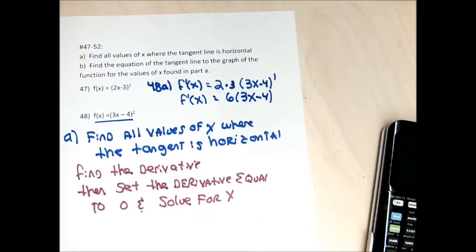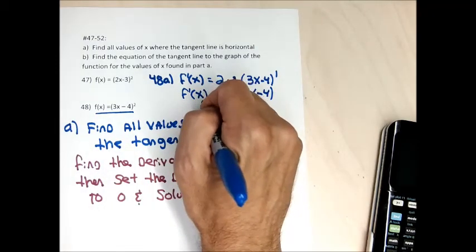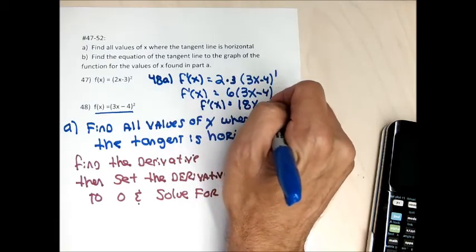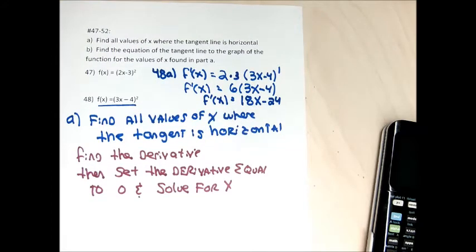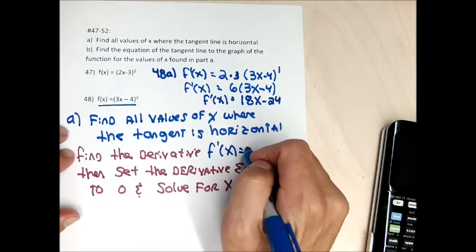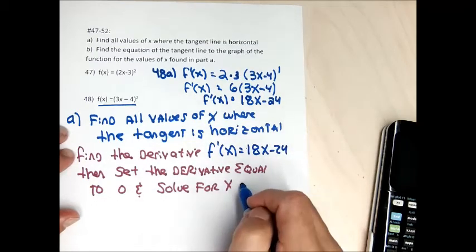If I want to, I could clear the parentheses. It might actually make it easier. So let me clear the parentheses. In general, I wouldn't. But it's probably going to make the math more followable for you if I do that. I don't have to do that. I can get the answer to part A leaving it factored, but I think it might make a mistake if you don't unfactor it. So I found the derivative, which is f prime of x equals either the factored or unfactored form. Now I'm going to set the derivative equal to 0